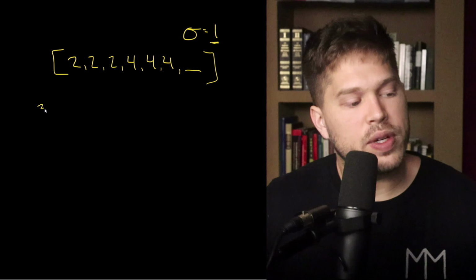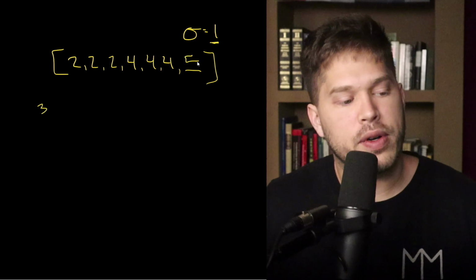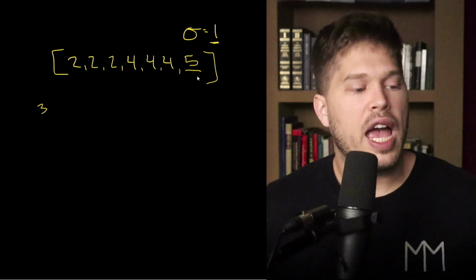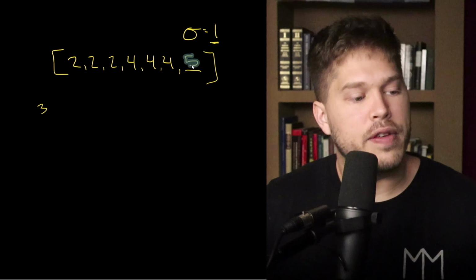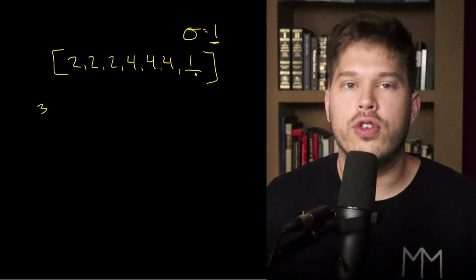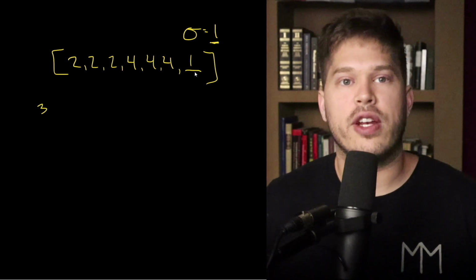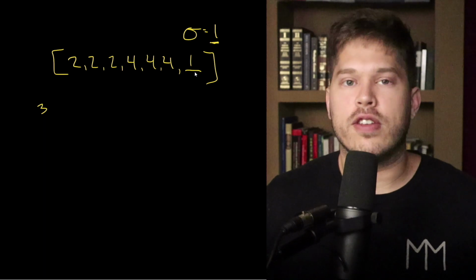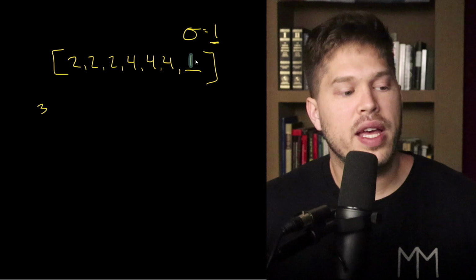Since our mean is 3 and our standard deviation is 1, we could put in a number like 5 that is 2 units away from our mean, and that would increase our standard deviation. We could also put in a value like 1, which is 2 units below our mean, and this would also increase our standard deviation, as it would